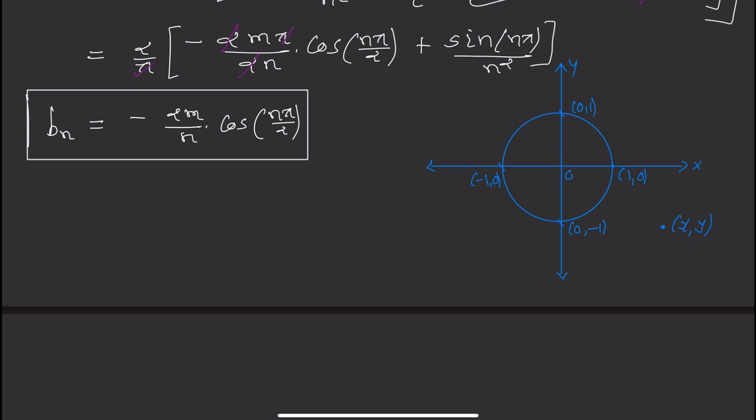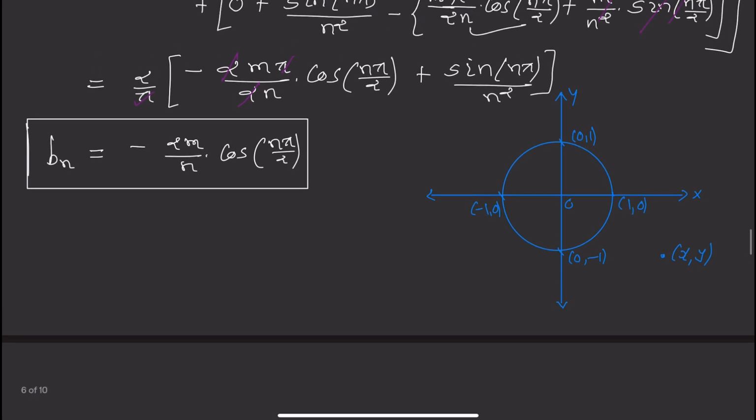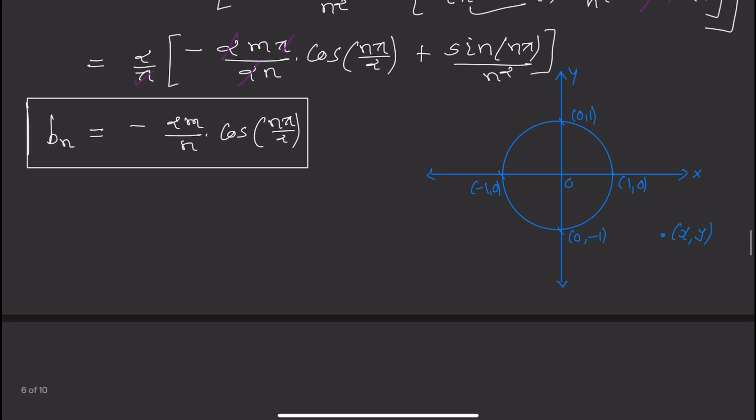So the cos n pi by 2 has all these possible values, 1, 0, minus 1, 0, right? And so we are not mentioning here with the particular n. Let us write simply in terms of n, which is cos n pi by 2. And therefore f of x is equal to summation n equal to 1 to infinity bn, which is minus 2m upon n into cos n pi by 2,